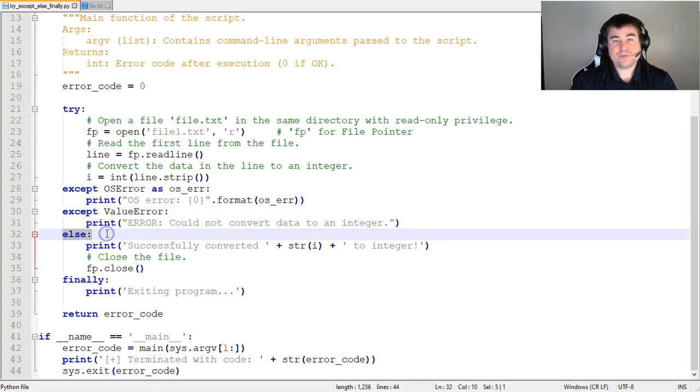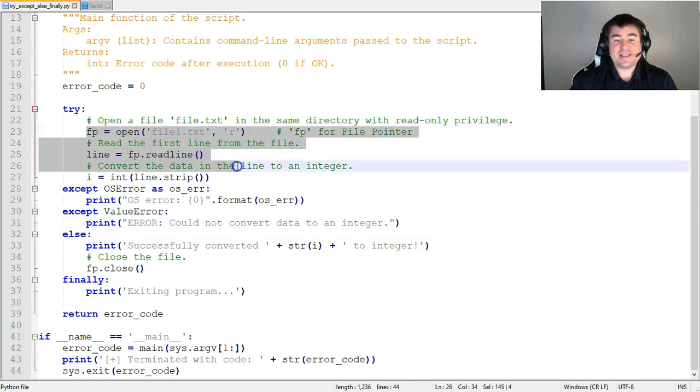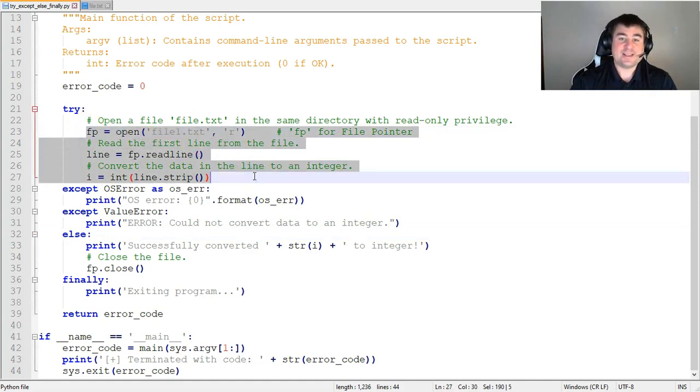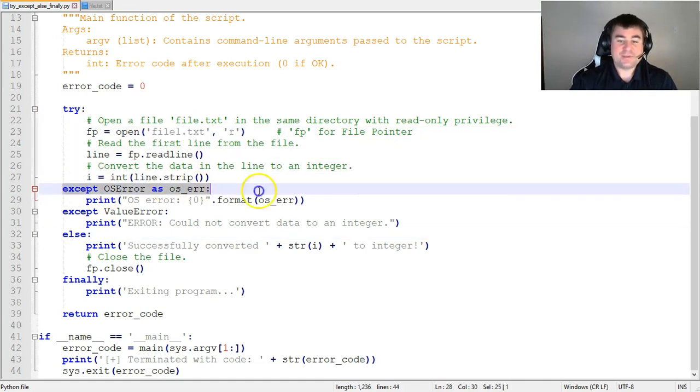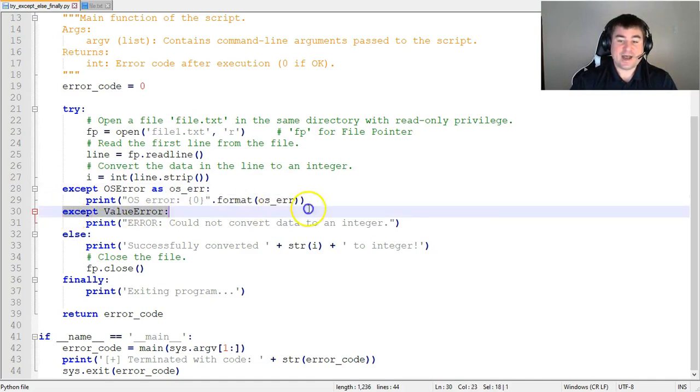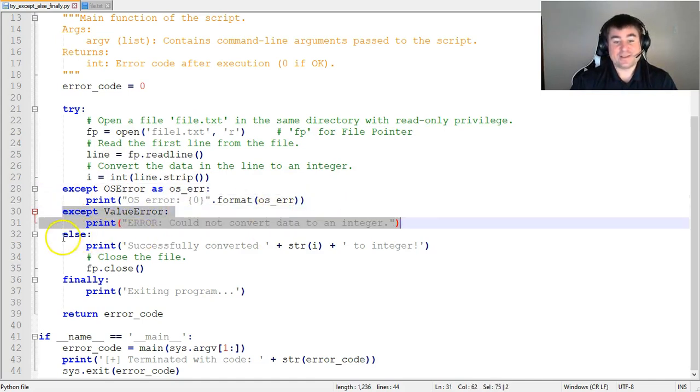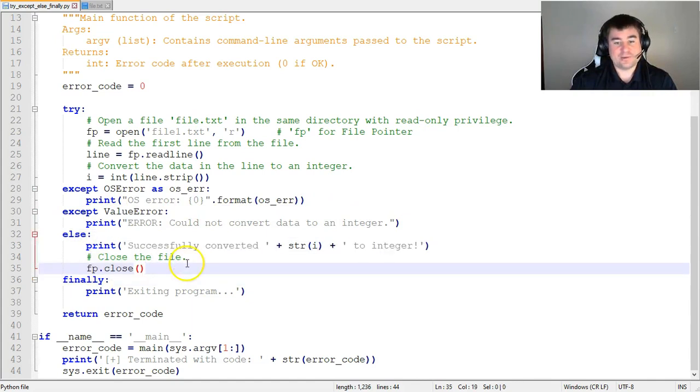Now remember, the else clause executes if and only if no exception is raised in the try clause. So if either this is raised and caught, or this is raised and caught, the else block will not execute. Let's see what it contains.